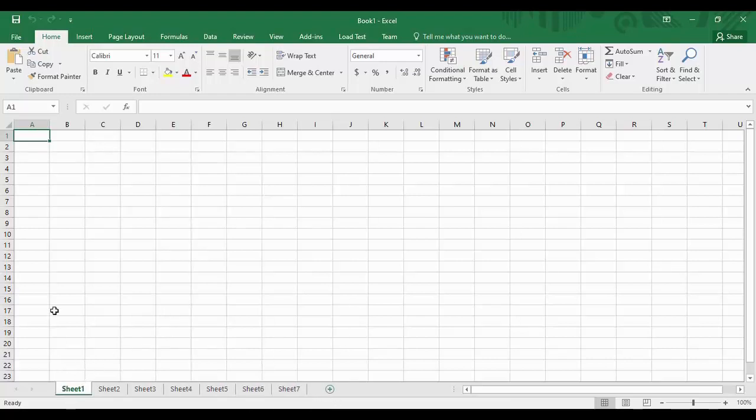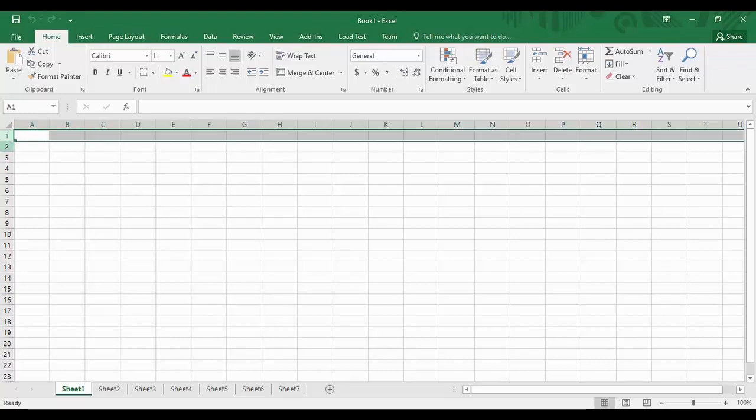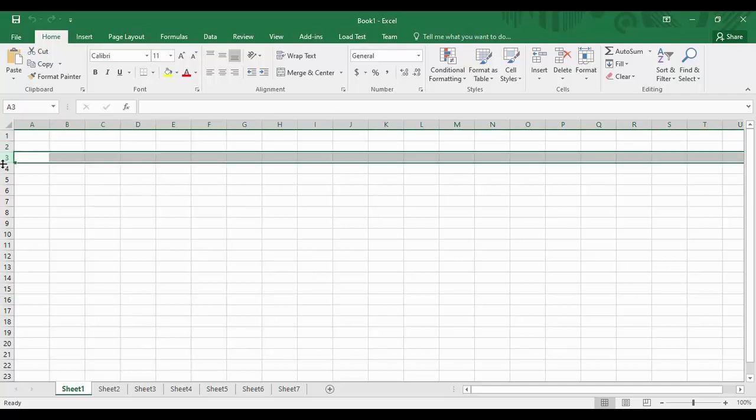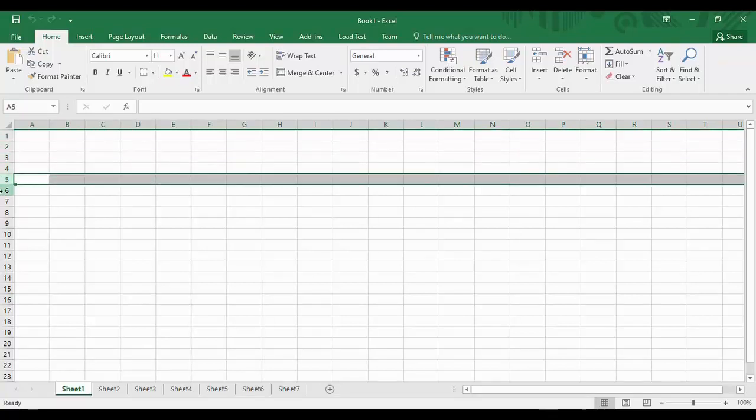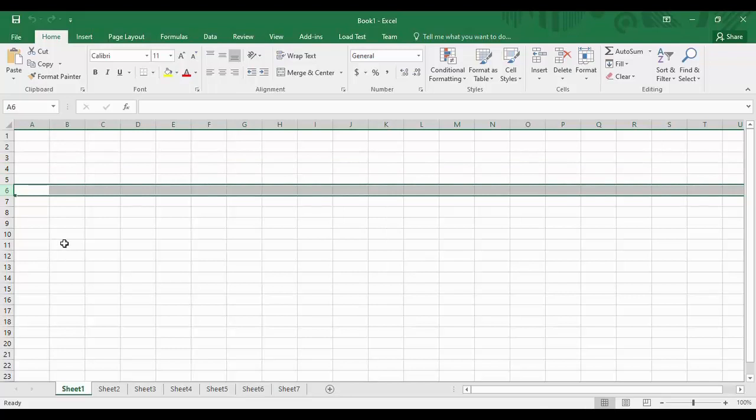And all these sheets, as you can see, are made up of cells. Now, what are these cells? These cells are basically the intersection of the rows and the columns together. These horizontal things are called rows, which are represented by numbers like 1, 2, 3, 4, and so on in Excel.